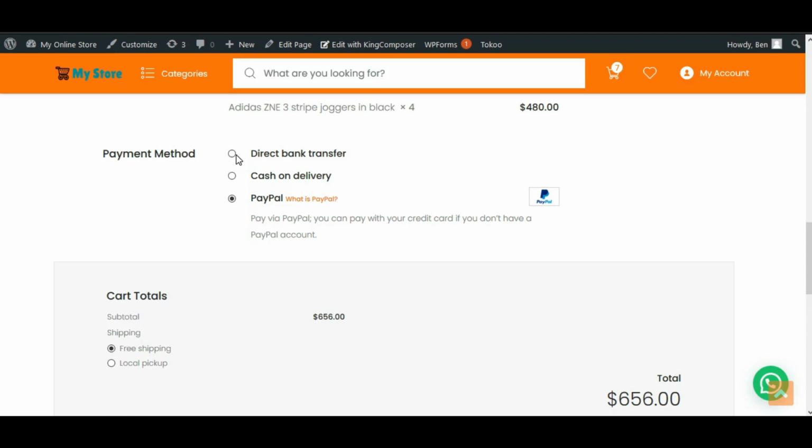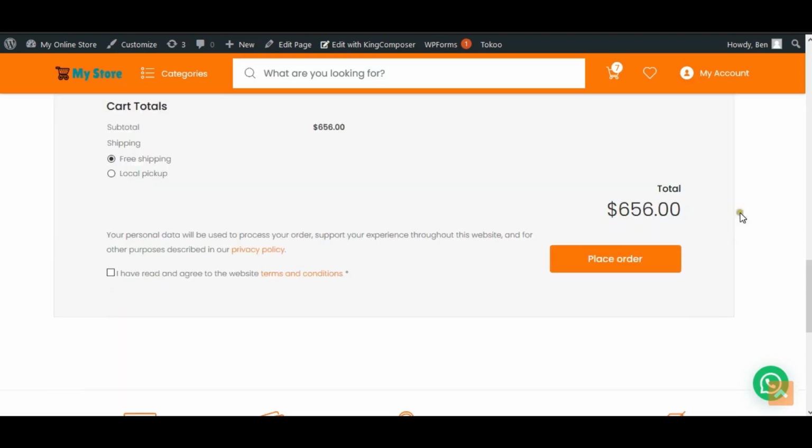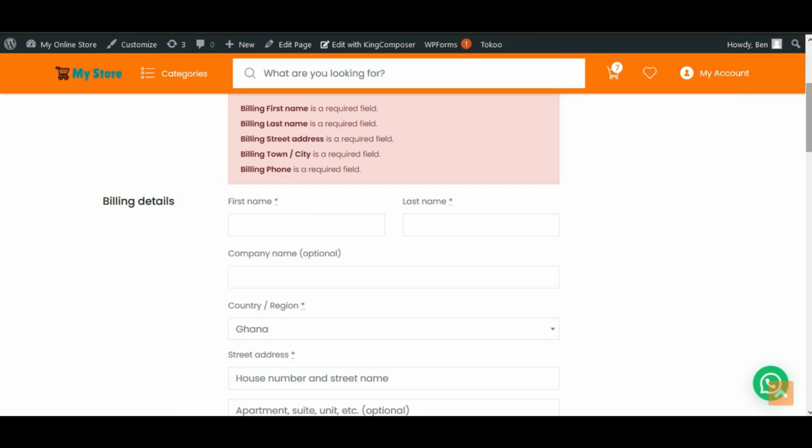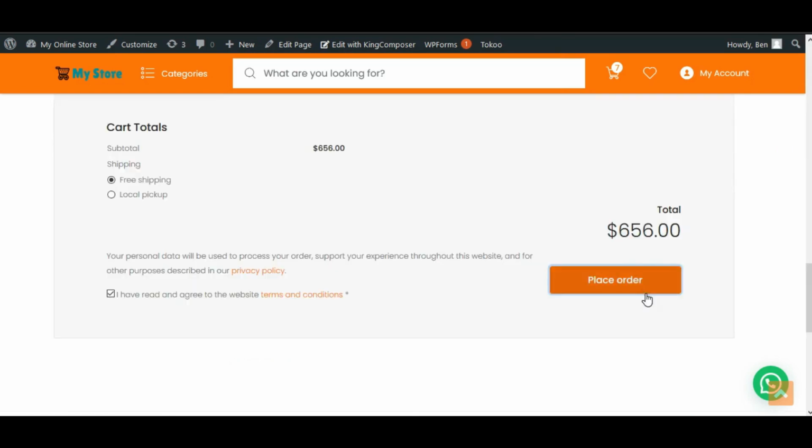And the customer can choose a preferred payment method such as cash on delivery. Then, seeing the total, they will now be able to accept the terms and conditions and place their order. That is after they have entered their details here. And once they place their order, the store owner gets notified that this order has been placed. Every detail about the order that has been placed will be sent to the email of the store owner, as